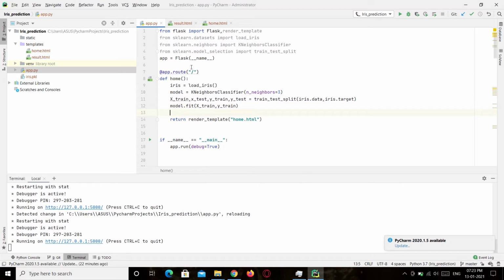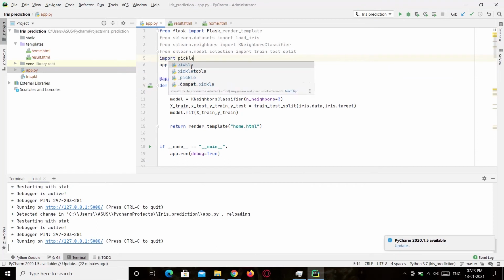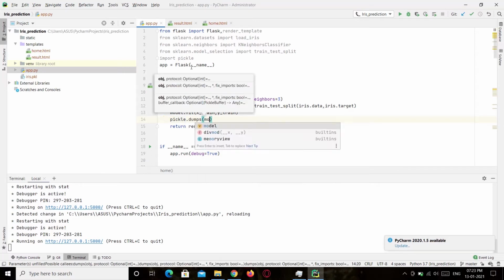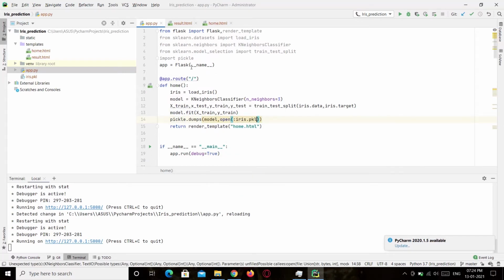We'll have to save this model into a pickle file. That is, pickle is used for serialization. We have to import pickle. We'll use the dumps function to convert this into a pkl file. WB stands for write binary.